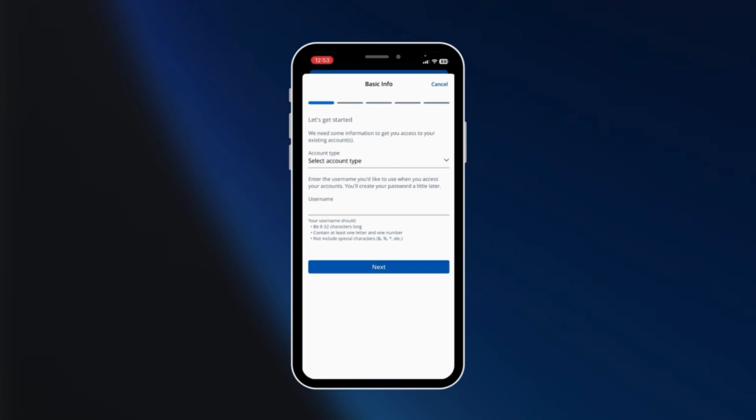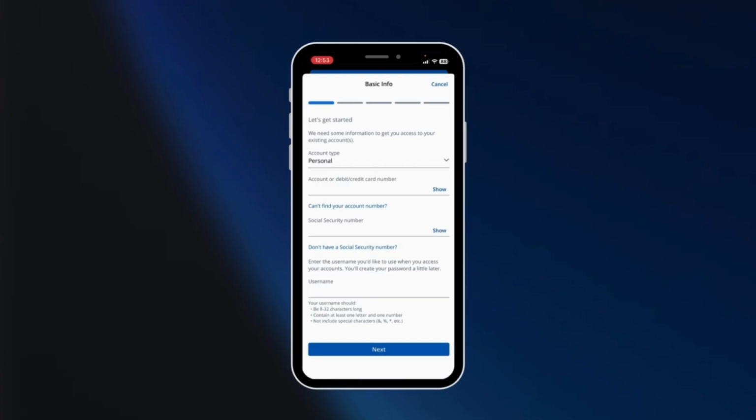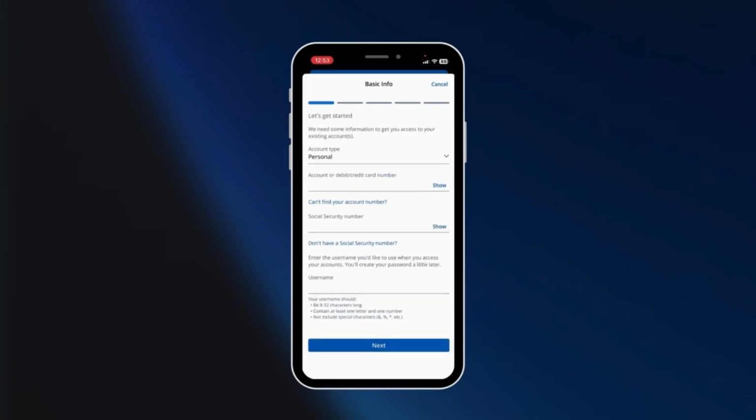You're going to put in the account type, and there are some account types right here, so you could say personal, and then depending on what account you choose, you're going to have some more options such as your social security number, your account or debit card number, and a username. So once you put all this information, you can tap on next, where you'll be taken to the next page where you'll be required to put in your personal details in order to create or set up your Chase mobile